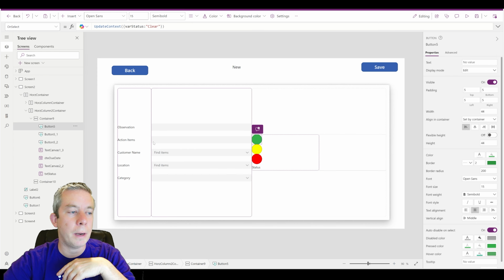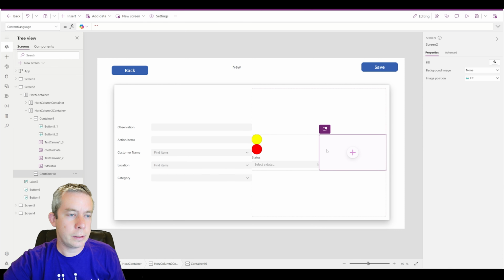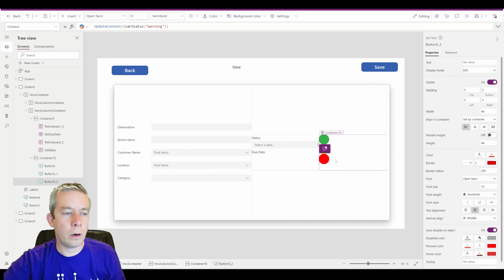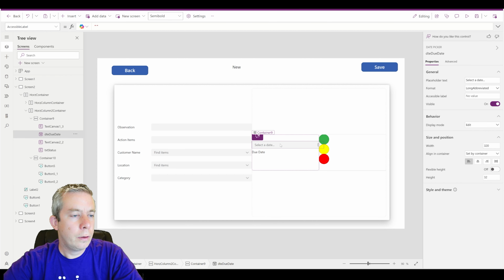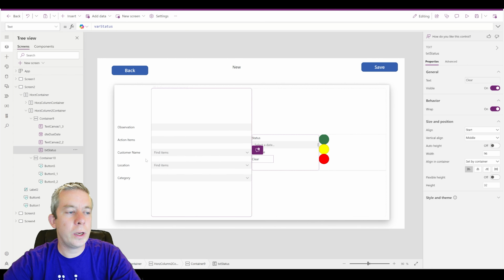Now I'm going to start moving my buttons. So we did this in the last video. Each of these green lights are actually buttons. So I'm going to paste these in there. My green, yellow, red are buttons. Okay, so yes, look what happens when we press on it. When we press on the button, we get our different colors. So I want to rearrange